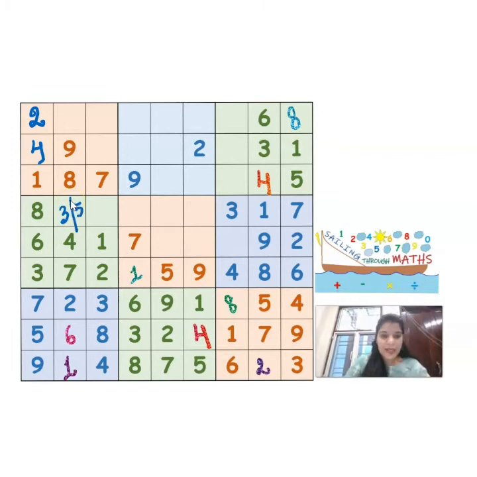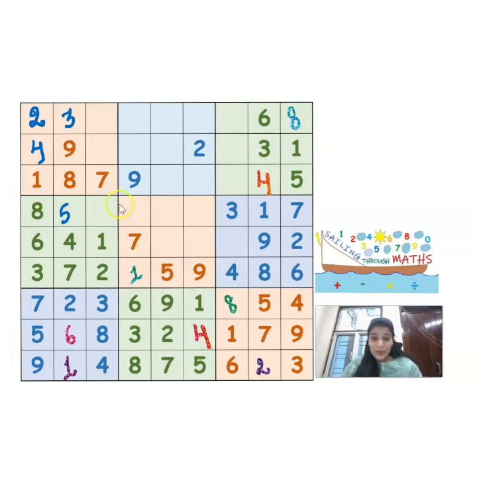So 3 or 5. Now see, can 3 come in this cell? No, 3 cannot come in this cell. Why can 3 not come in this cell? Because 3 is already there in the 4th row. So if 3 is already there in the 4th row, then 3 can definitely not come here. So if 3 is not going to come here, the number which is going to come here is going to be 5 and the number which is going to come above is going to be equal to 3.